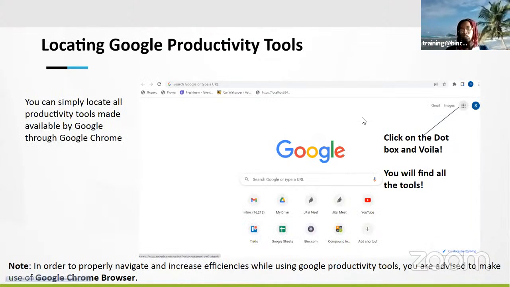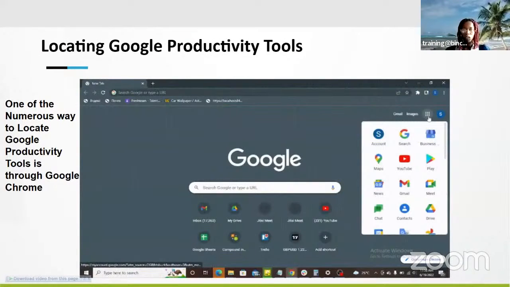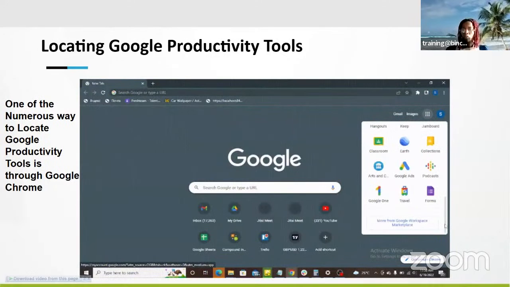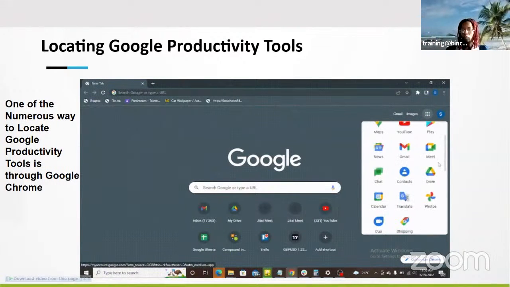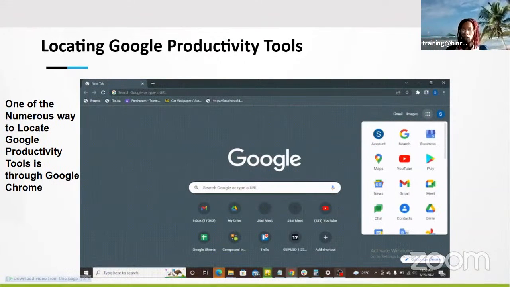So if you're using Chrome, you can easily get the Google Suite from me. Just see a list of Google Suites from this three button. If you're on Gmail, you can also see the same point at the top right corner of your screen as well. So this is how it looks like. You can see the Google Play, you can see Blogger, Collection, Classroom, News, YouTube, which most of us use.